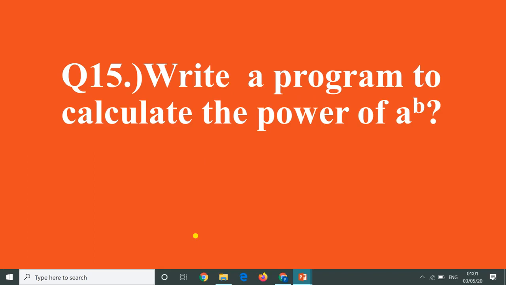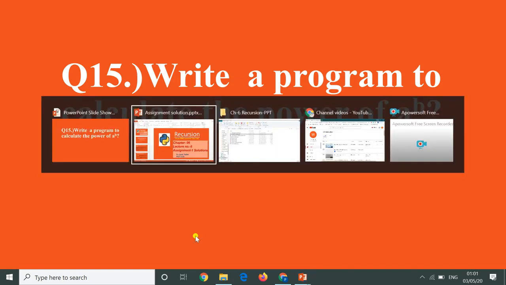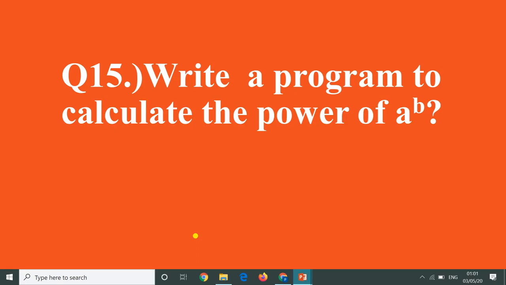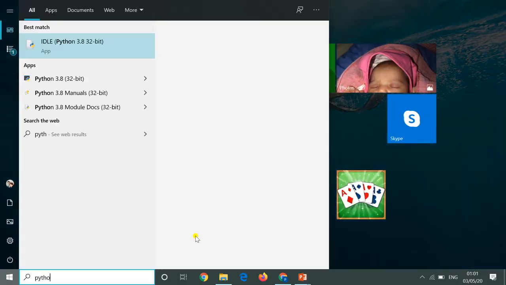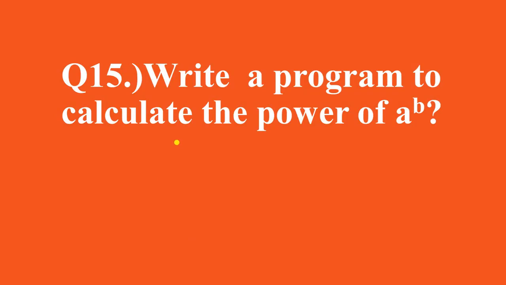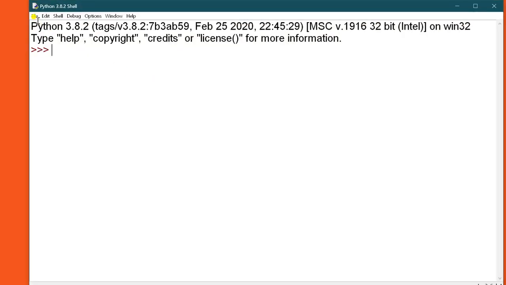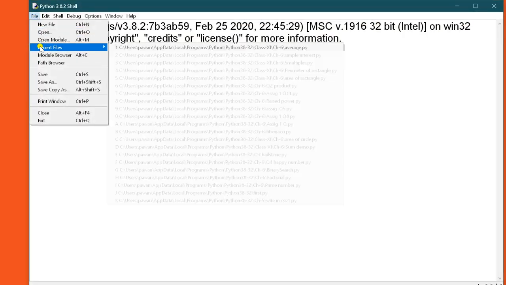Next is write a program to calculate power of a raised to b. You have to write this program recursively, so I am just going to show you the code. Open Python IDLE, here is your code.